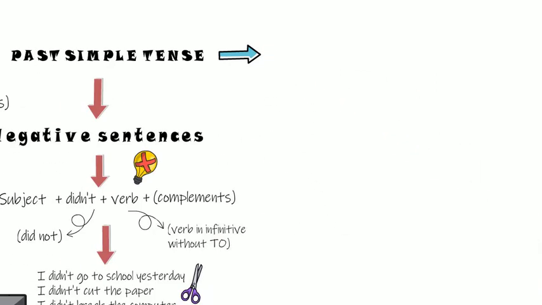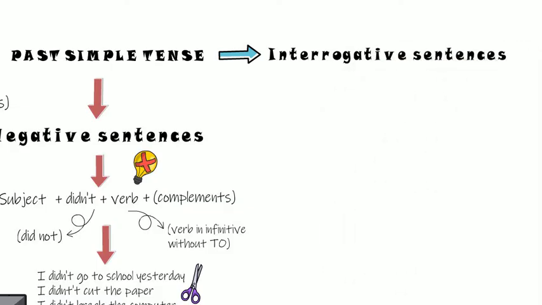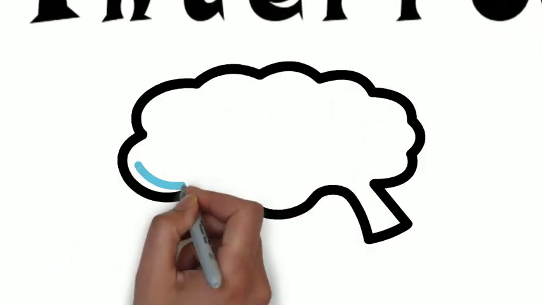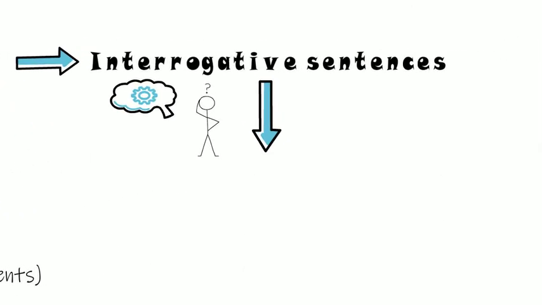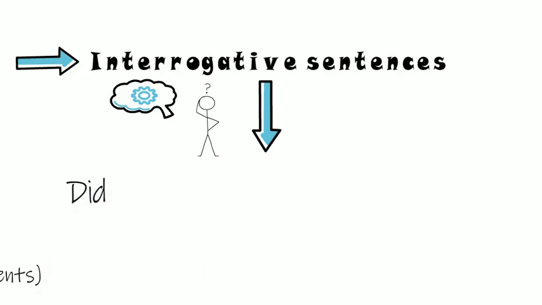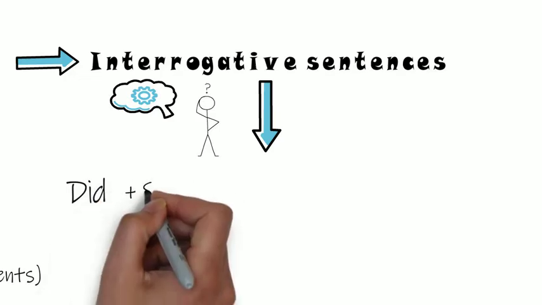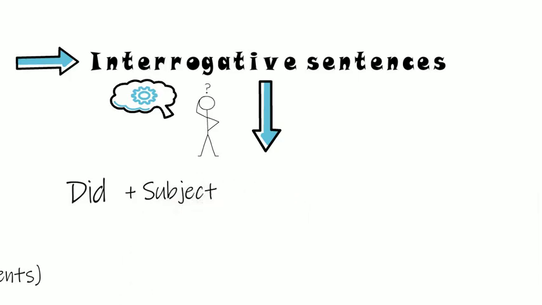And then we've got the third type, the interrogative sentences. What do we have to keep in mind to do interrogative sentences in the past simple? ¿Qué tenemos que tener en cuenta para formar oraciones interrogativas en el pasado simple? Firstly, we have to remember the auxiliary verb did. Then the subject